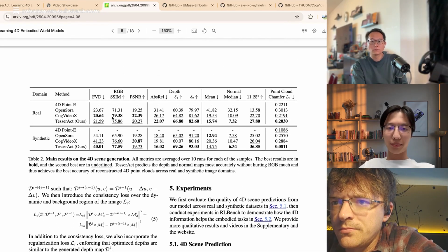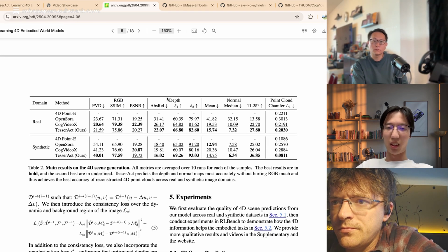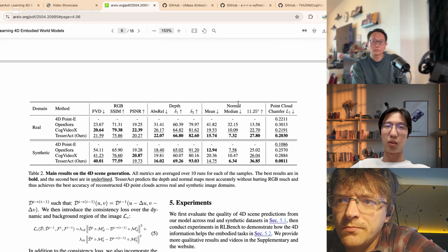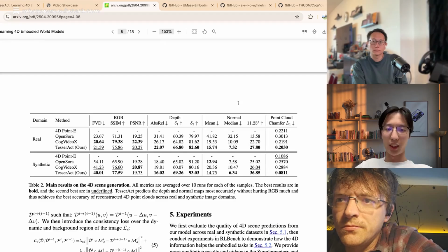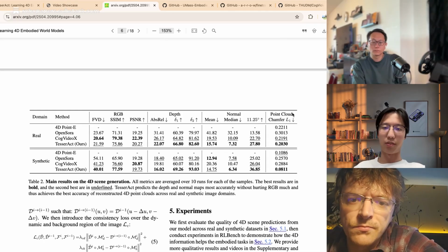We can evaluate how good the RGB prediction is, and also the depth and normal modalities, since we have the ground truth for each dataset. And we can also measure the Chamfer distance, one of the metrics for point clouds.